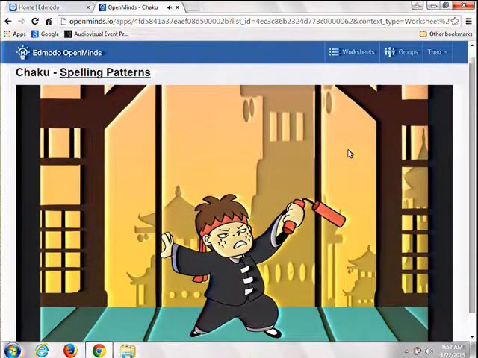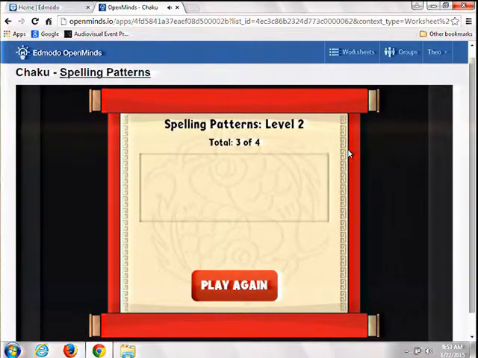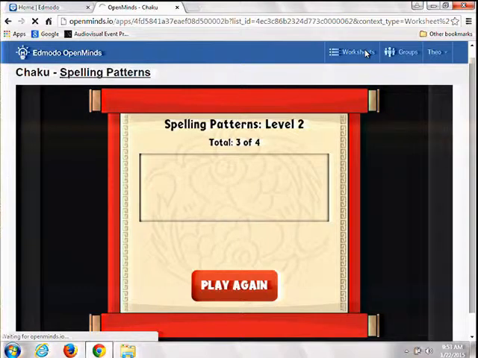So that was a very quick and simple example of that. I'm going to get some feedback, and I can play the game again. You as a teacher can look at reports to see how your students are doing on this, but now that you kind of get the idea for how these games work, let me go back and show you what I can do.